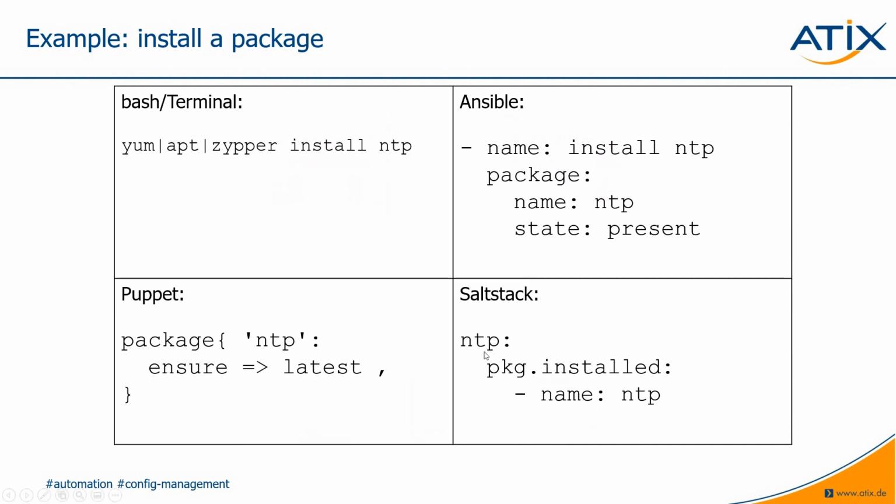And in SaltStack, I have the name of the thing I want to do first. So this could also be named install NTP at this point. Then I call my module, which is the module package, and I want to have the function of package installed. And then I only have to state which package I want to have installed, and this is NTP. And again, there's also the possibility to add parameters like latest or a certain version. And in the end,